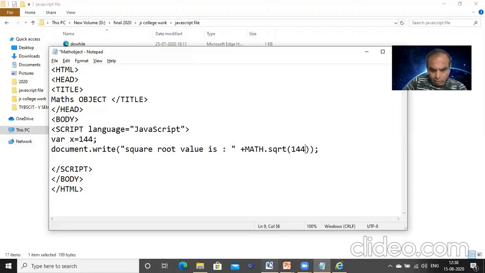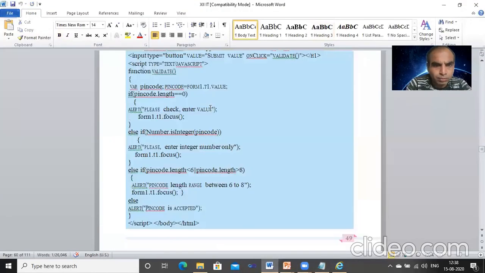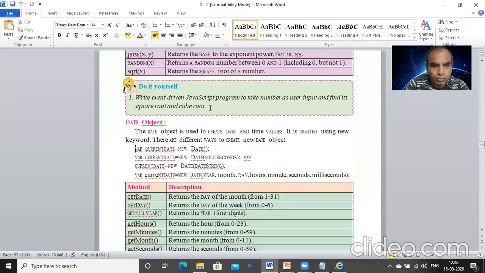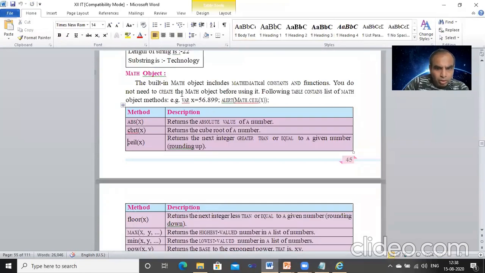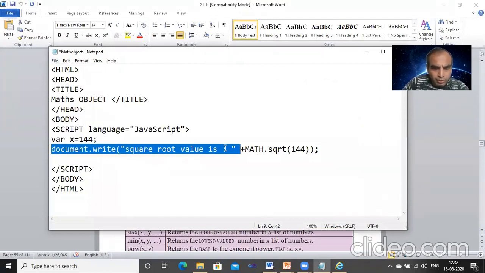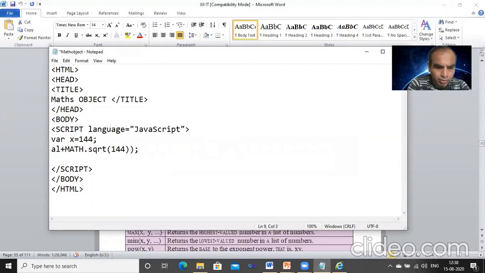Let's see the example in the book also. Date object, they have given the math object. Alert math ceil is given, okay, we are also using alert. In the bracket, math dot square root of the particular value x. File save. Let's see.